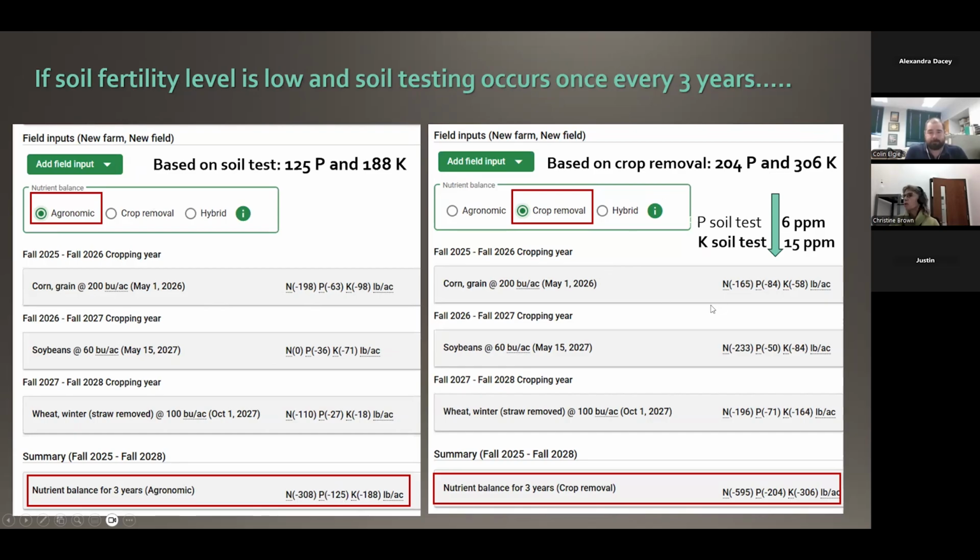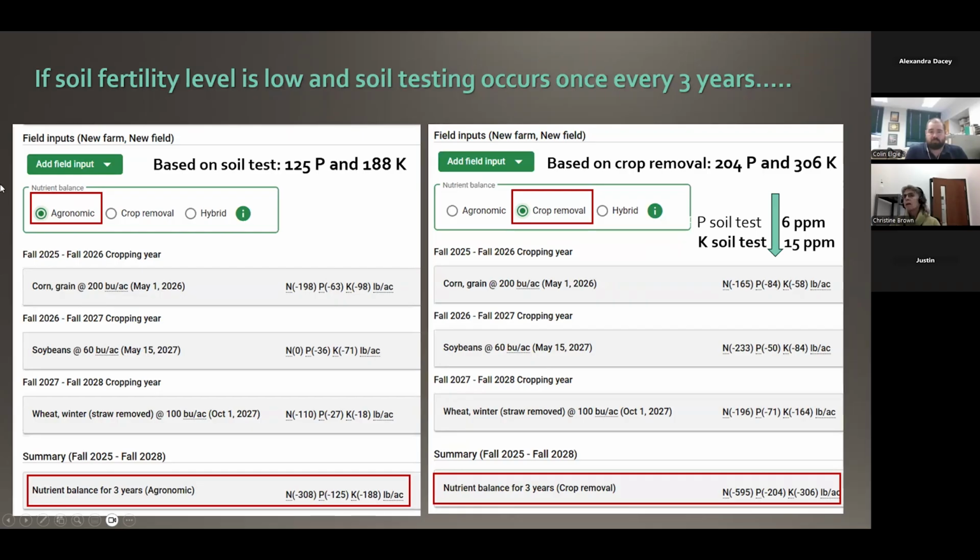If I look at the crop removal, on the other hand, it's quite a bit more. So over that same period of time, now it shows the nitrogen here, but it shows the soybeans, which really isn't true. So 200 pounds of phosphorus, 300 pounds of potash. Basically, what I would look at is, if over that rotation I didn't add any fertilizer or manure, I would be drawing that phosphorus soil test down by about 6 parts per million, that potash soil test by about 15 parts per million. So it gives me an idea of what I need to add, and basically looking at where I can add.